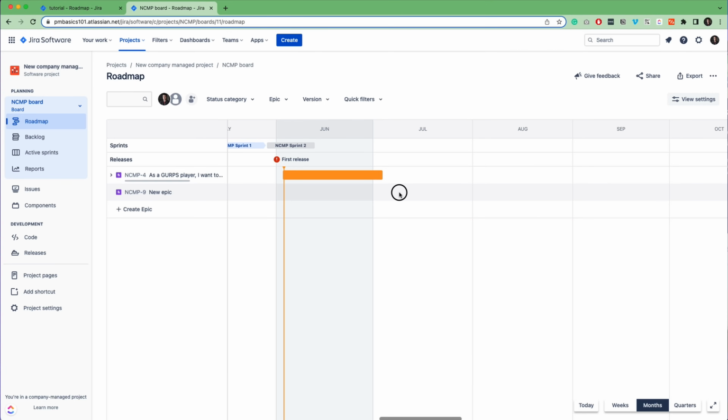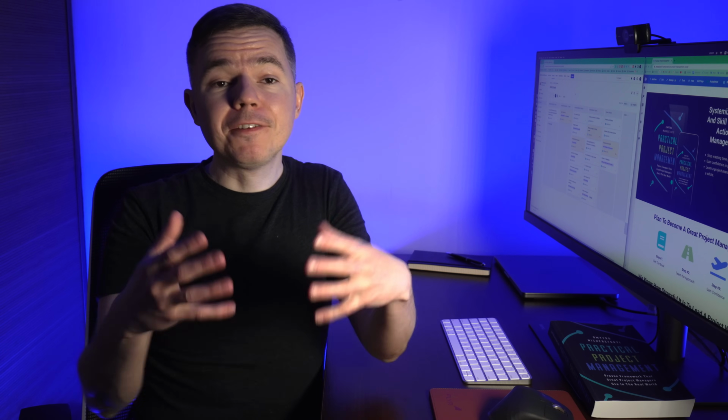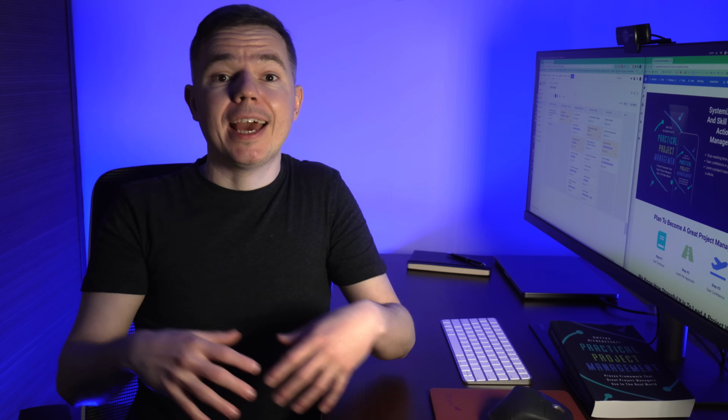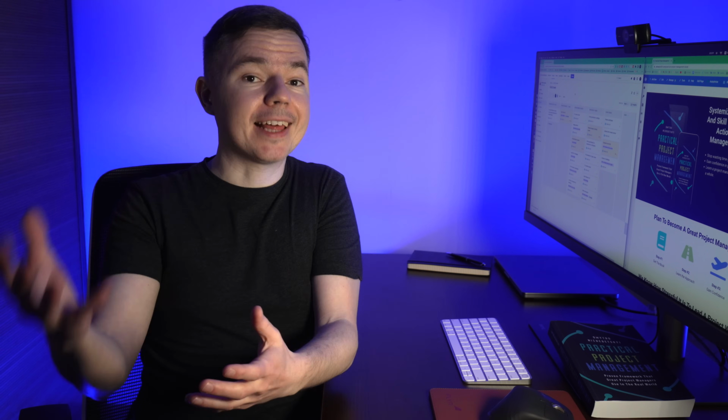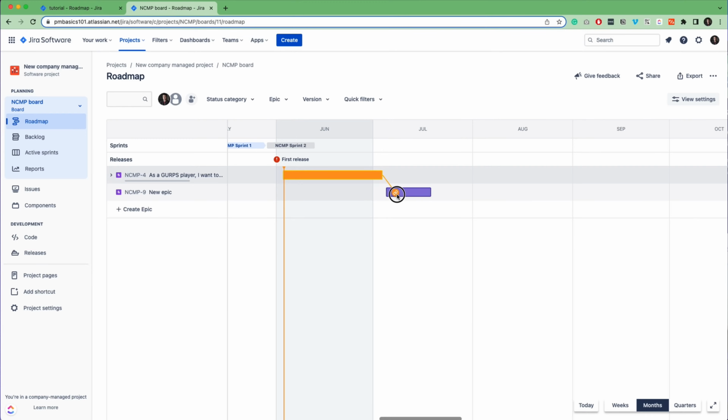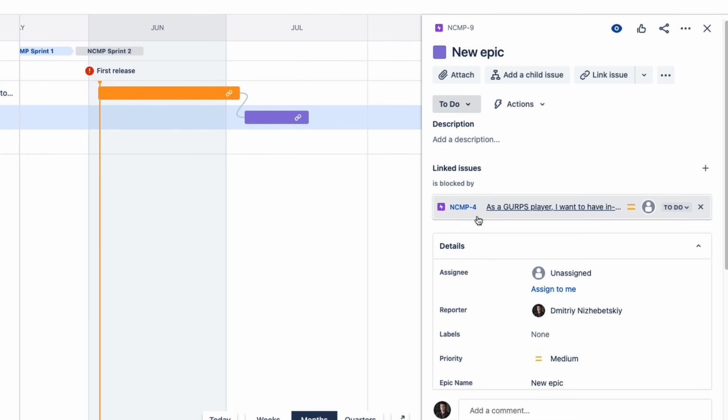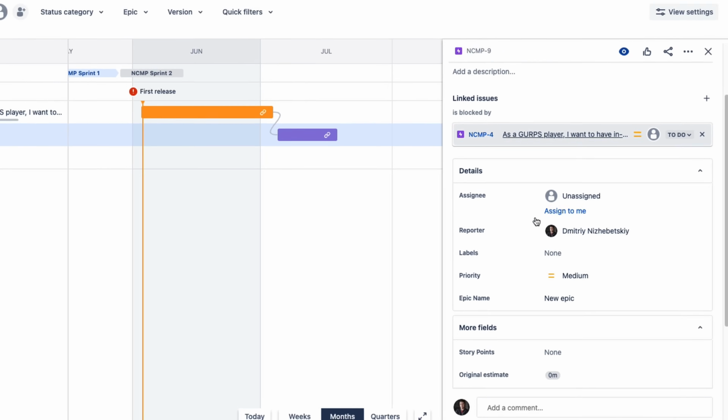As a result, it gives you a Gantt chart view of your development roadmap. But if you think about it, Jira filters epics in your project and visualizes their start and due date. Plus, this dependency line creates a link between two epics. So you can see all this information inside each issue.